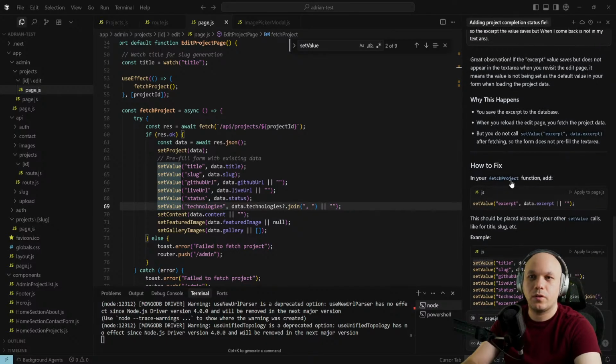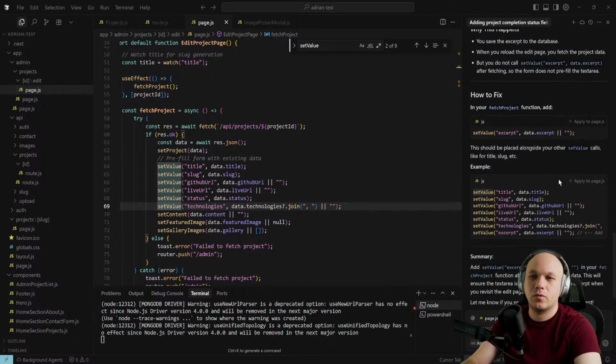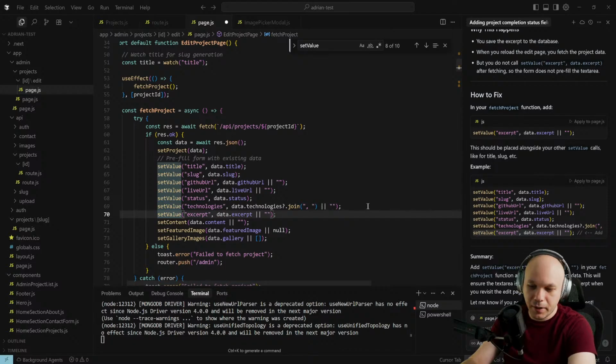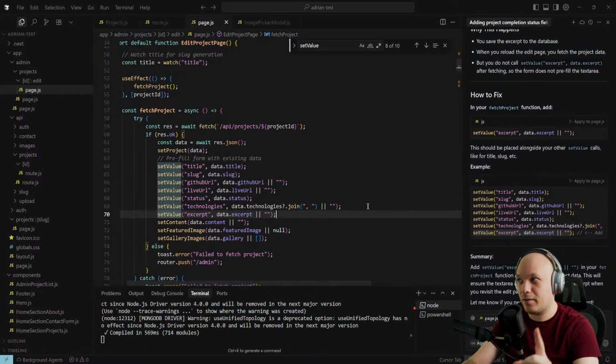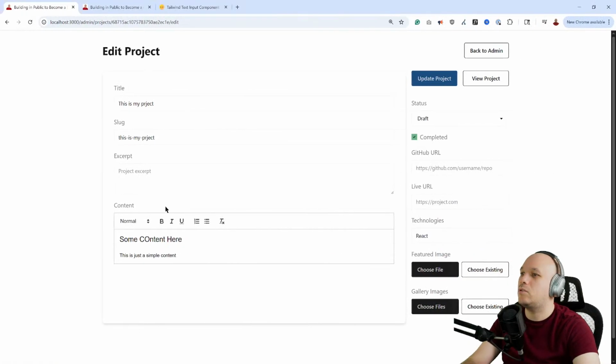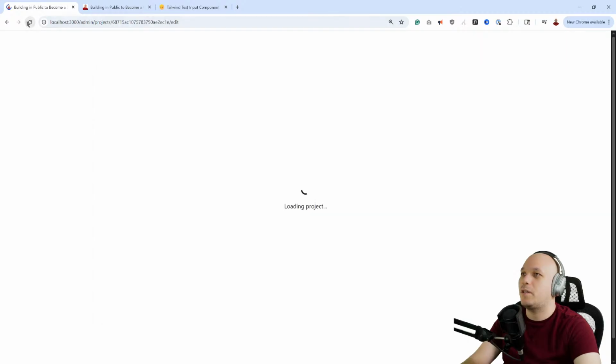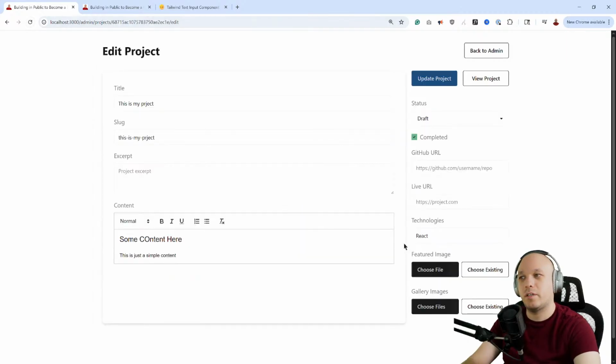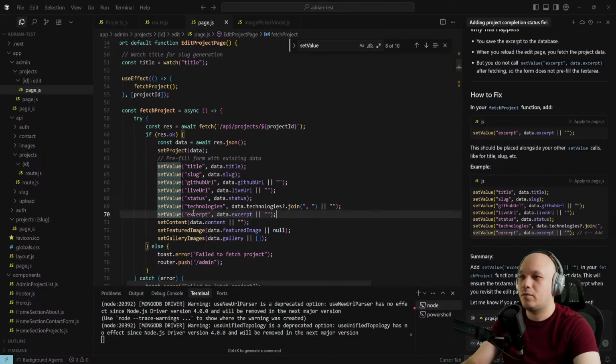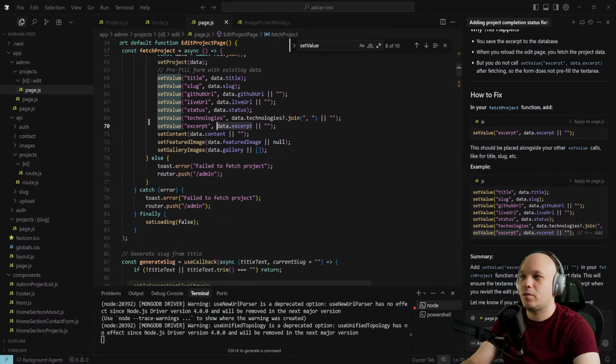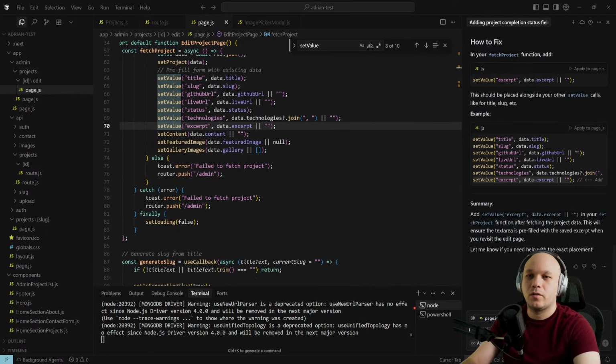So if fetch projects find. Okay, so it says set value. Okay, we set the value for the excerpt, but I think this is wrong because there is no value on an excerpt. It's a text area, like I said, and we will do this set value, and I will correct it